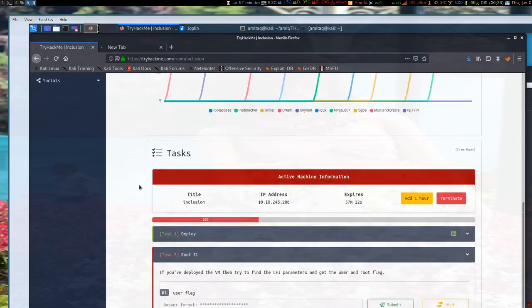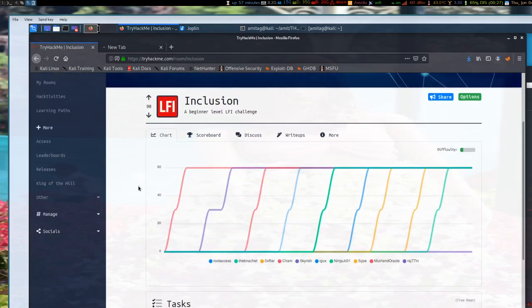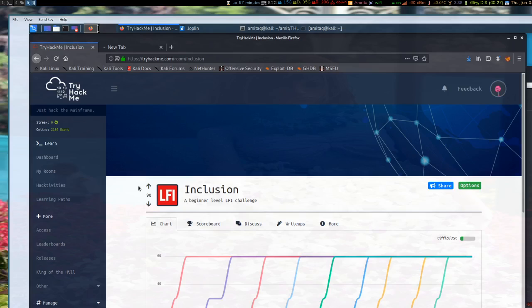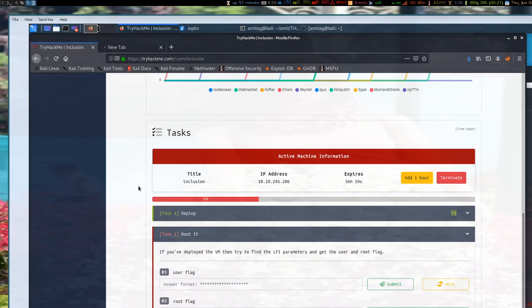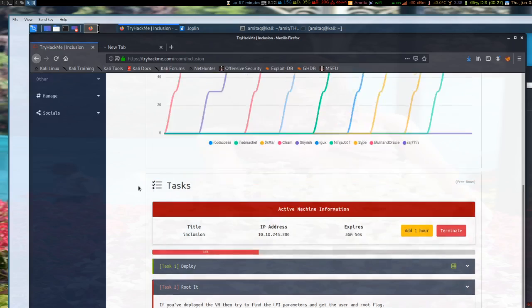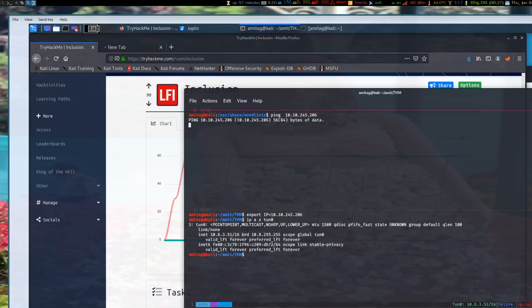IP address show tun0. Yes, my VPN is definitely up, but it's taking a little bit of time to come up, so you'll have to wait till this comes up. While this comes up, if you are not aware of what an LFI is, LFI is basically a local file inclusion, and in an LFI there is a